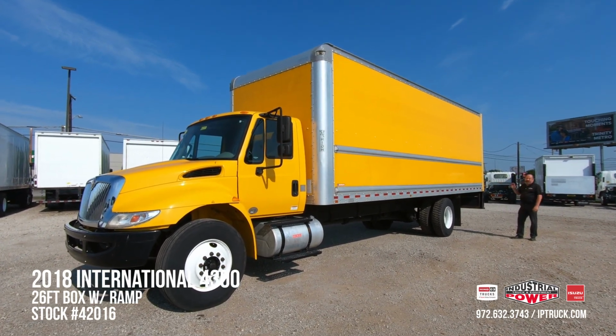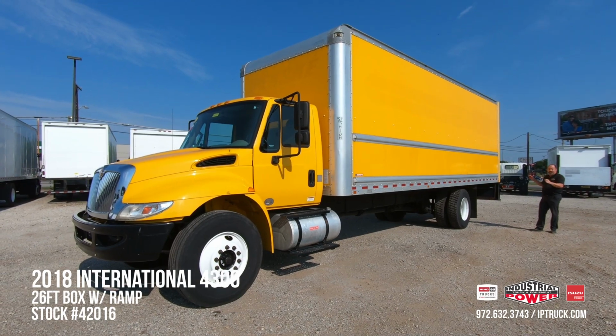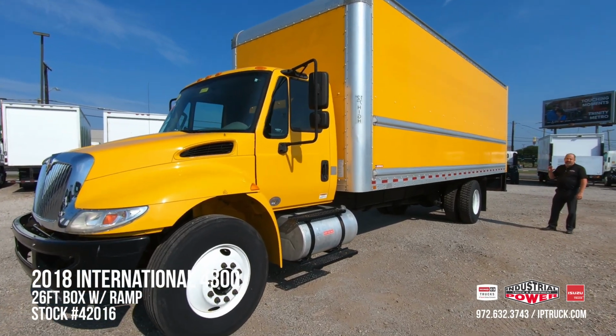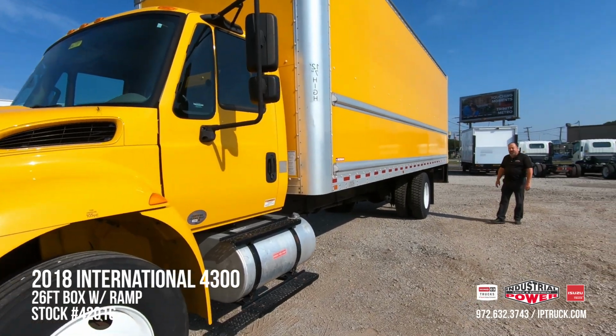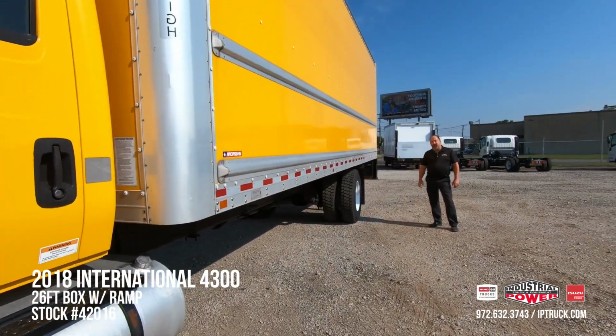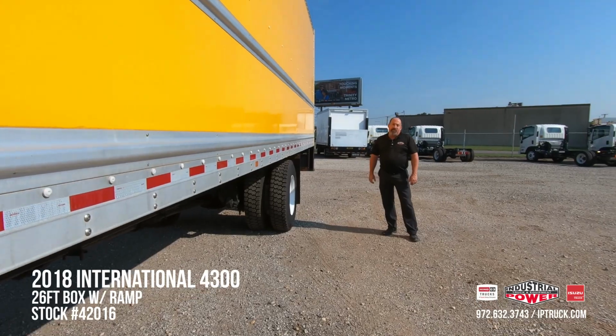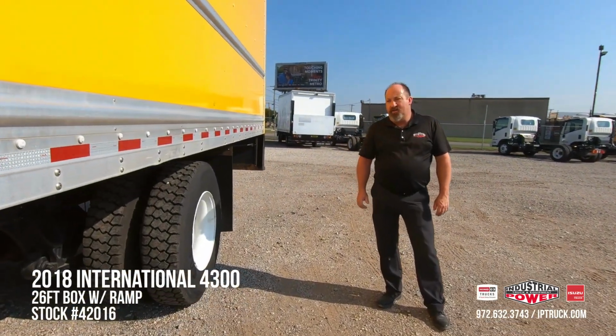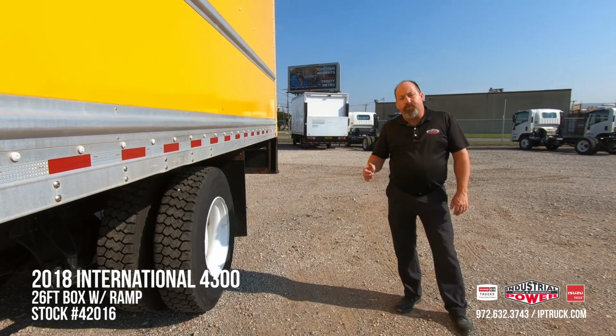And even though this truck is in really good shape, we can still wrap this body and the cab if you'd like, putting your name, graphics, phone number on this truck, turning that fuel money into advertising money while you're rolling down the road. So we said we got a really nice International 4300, air ride, air brake, pre-qualified